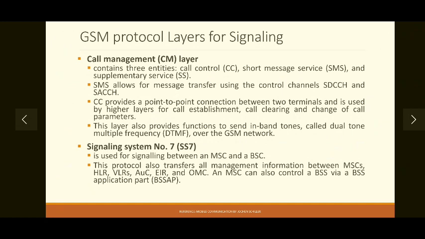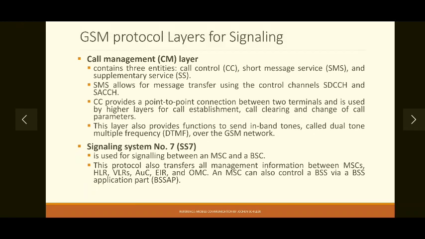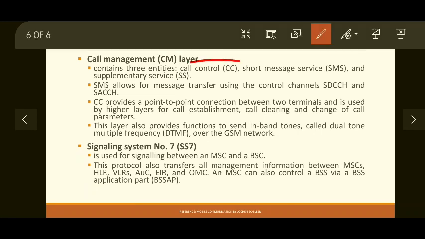It basically consists of three entities: call control, okay, then SMS service and supplementary service. So a connection may be set up for a voice call, it may be set up for sending an SMS, or it may be set up for sending a request to the network, like activation of certain services or activation of a subscription for certain services.